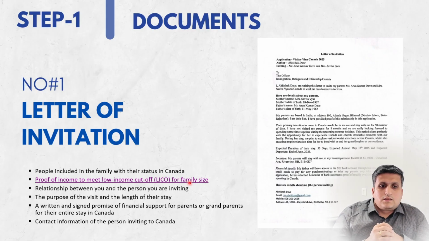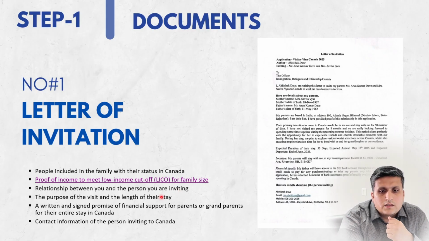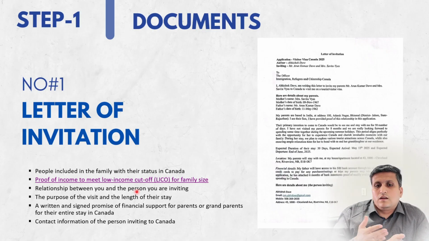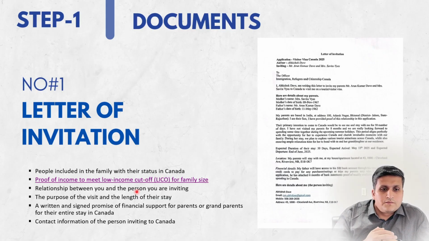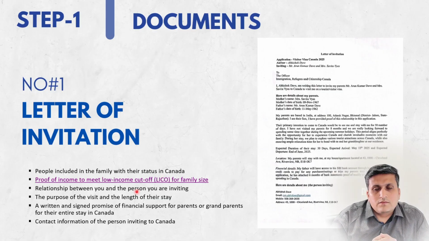The next thing you mention, you can actually club points 3 and 4 where you mention the relation of the person you are inviting, the purpose of their visit, and the length of their stay. So you can include this in one paragraph, that I am planning to invite my parents, and they are going to stay with us for 9 to 12 months to help me do some studies and take care of my kids while we are trying to advance in our careers. So that could be a valid point, but based on your scenario, you can include any reason and